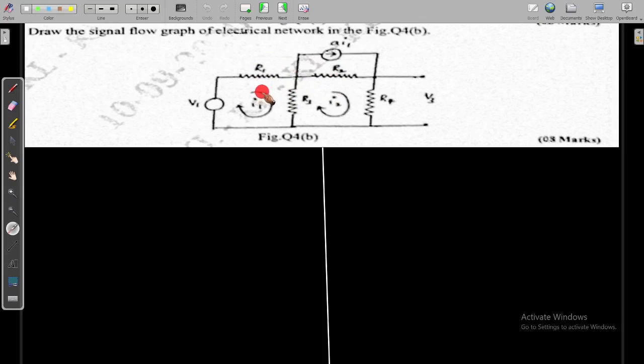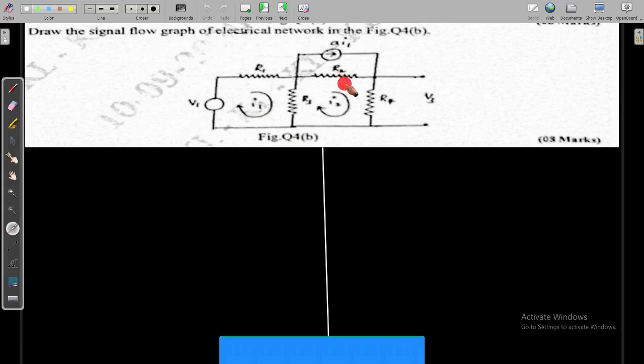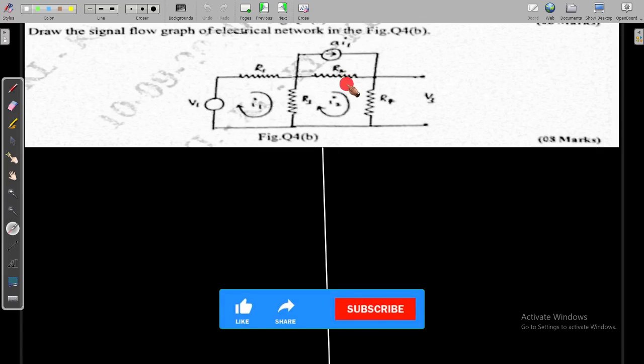So I already told one example. In that I told that the first point is you have to redraw the circuit in the S domain. Whenever you redraw it in the S domain, you don't get any changes because you are not having any capacitor or inductor here. So the same thing remains the same, so no need to draw this network in the S domain. You can avoid the first step.